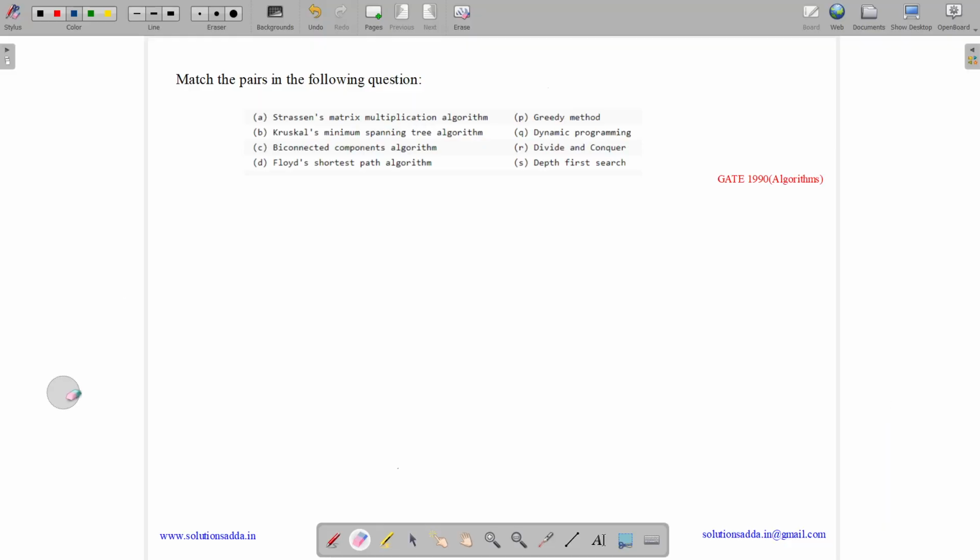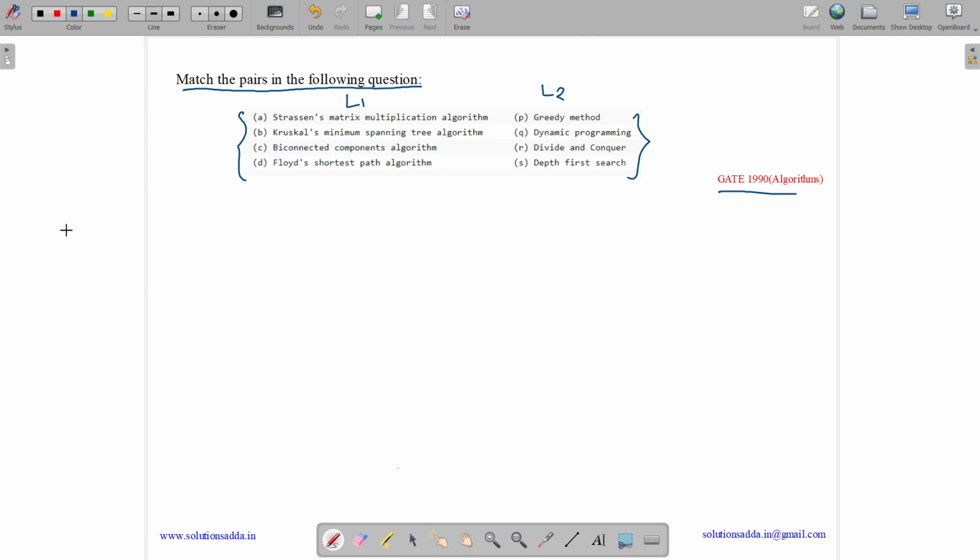This question belongs to the algorithms subject and was asked in GATE 1990. The question states, match the pairs in the following questions. We have been given some algorithms in list 1 and we need to match whether they are greedy, dynamic programming, divide and conquer, or depth first search. The algorithms are Strassen's matrix multiplication algorithm, Kruskal minimum spanning tree algorithm, Biconnected components algorithm and Floyd shortest path